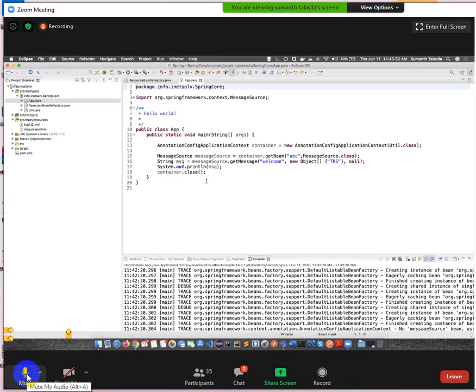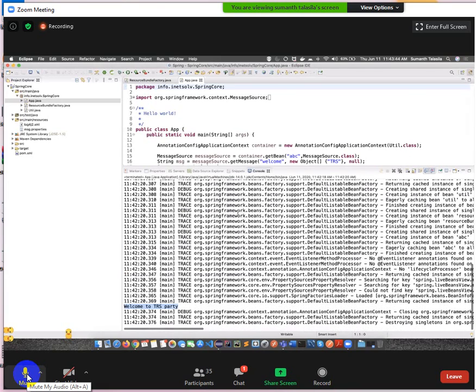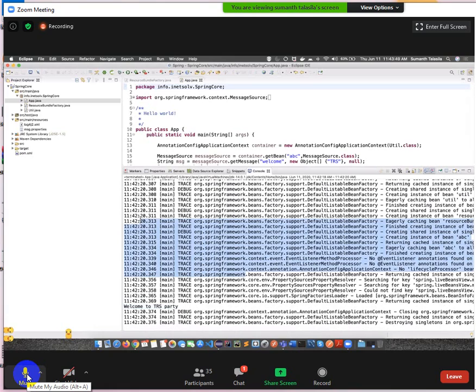So are you guys comfortable with the concept of how you work with property files now? Yes, sir. Okay, but why are we displaying all these messages? I don't understand why we are more interested in this part. To know the internals, how it is working in the back. So what I have done is just enable the logging, right? Yes, sir.